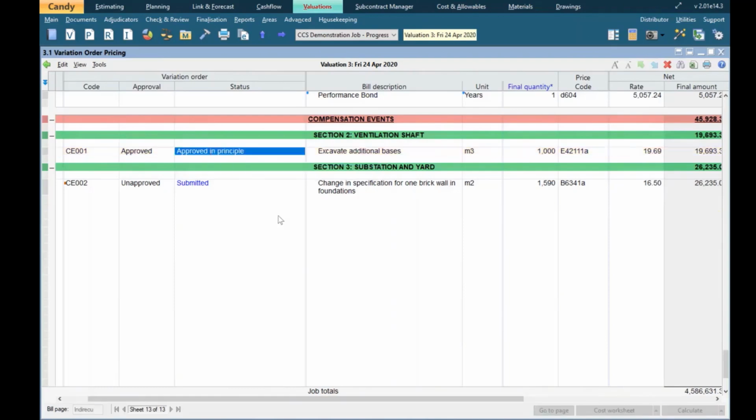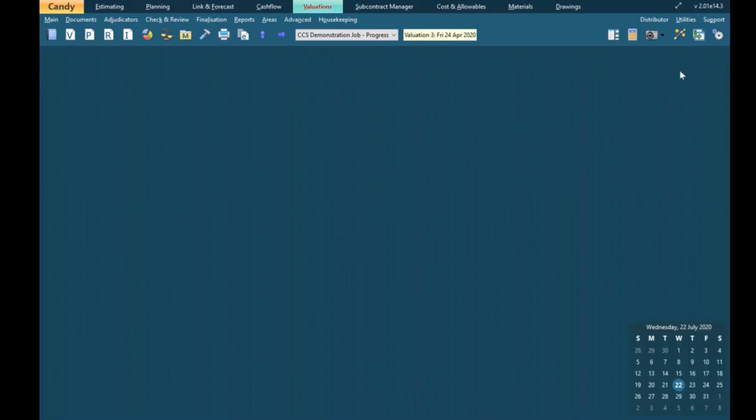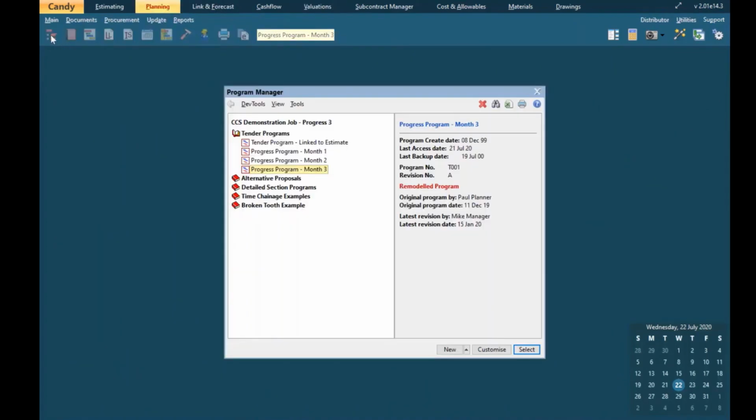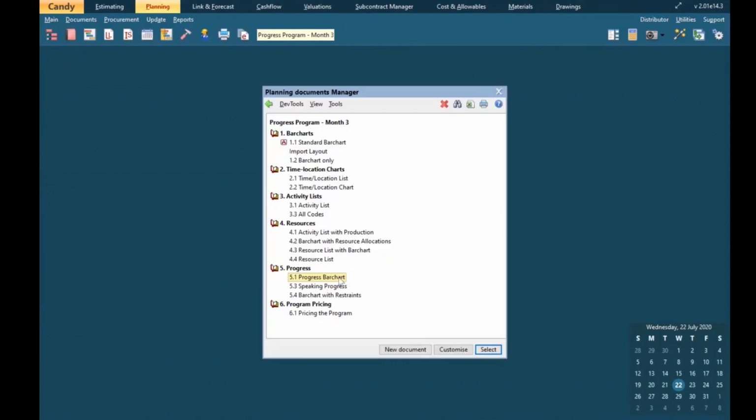So I can alter the status of these. The purpose of this exercise is not to talk too much about that at this stage. It's just to illustrate that there's extra value in this job because we've added in some compensation events. In terms of the program, we have progressed, again, the program by 3 months worth of progress. And then when we look at that in terms of the progress bar chart,